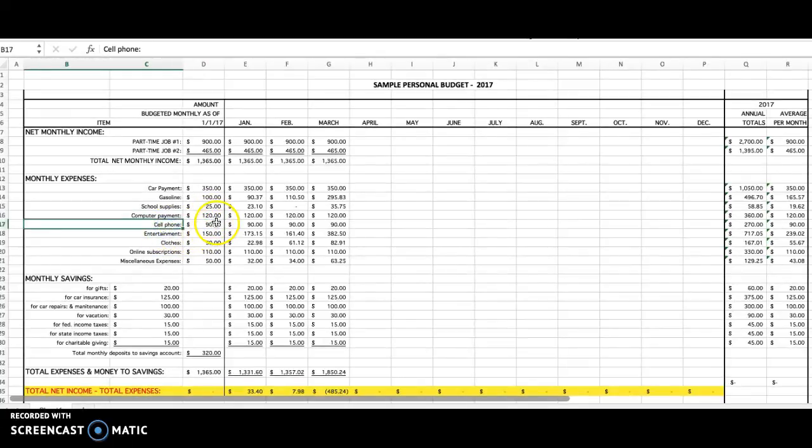Cell phone costs this person $90 a month. And entertainment, this is considered certainly a want. And we have $150 a month allocated for entertainment. And that can vary, as we'll see. We have expenses for clothes, online subscriptions, and then something called miscellaneous. Some odd expense may come up during the month, and this person has allocated $50 for miscellaneous